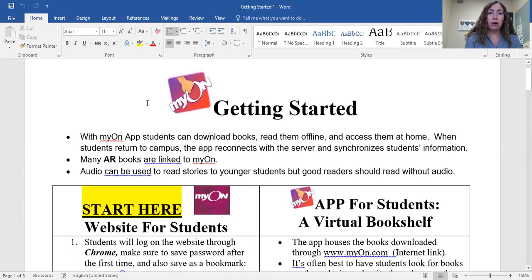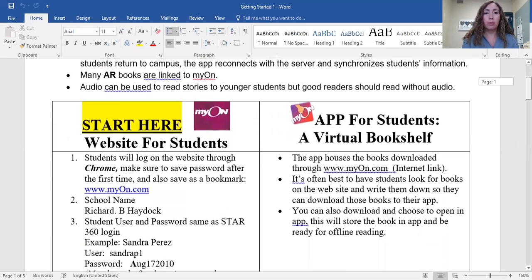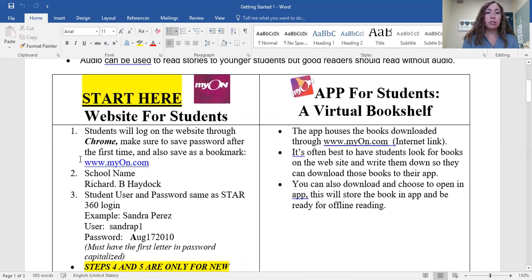Students have an icon that looks kind of like what's here on the title on their iPads. That icon is great for them to access books through Myon and download those books so that when they are somewhere without internet, they can still read those books. I personally prefer to use the website, and the website address is